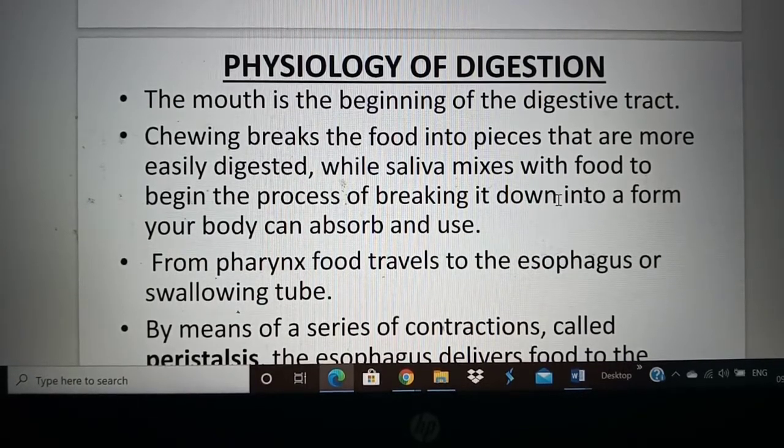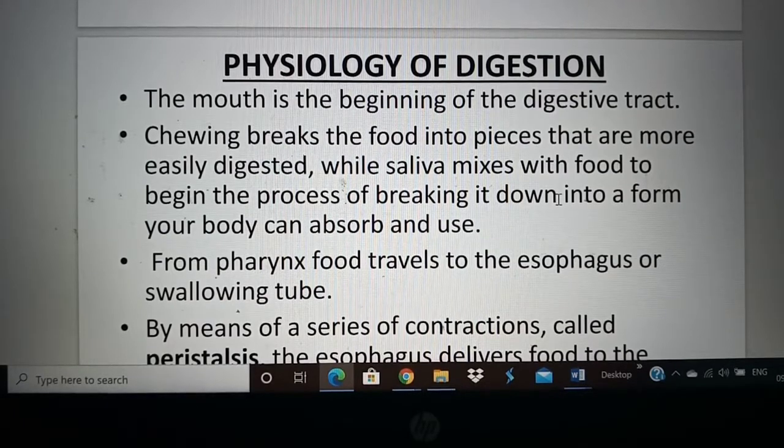As I already told you, in the saliva we have two enzymes which contribute to chemical digestion in the mouth. First one is salivary amylase and the other is lingual lipase. Salivary amylase initiates the breakdown of starch. Dietary carbohydrates are either monosaccharide and disaccharide sugars or complex polysaccharides. These are broken down into smaller substances, glucose molecules, through the salivary amylase. The next one is lingual lipase, which starts the digestion of dietary triglycerides into fatty acids and monoglycerides.